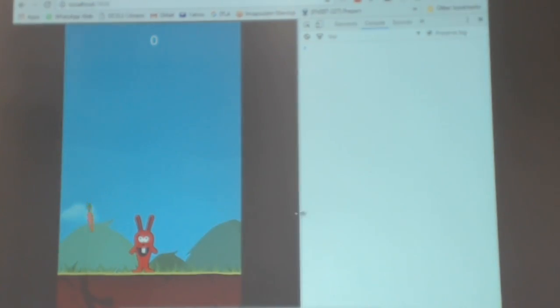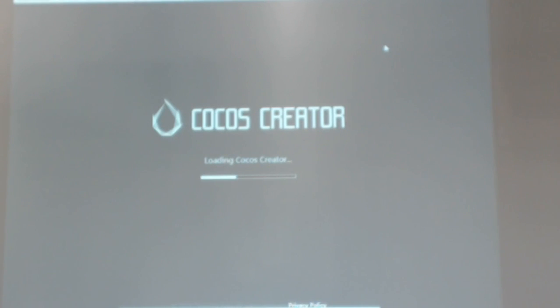It's loading right now. Okay, so this is the empty project, and it has pretty much nothing in here.